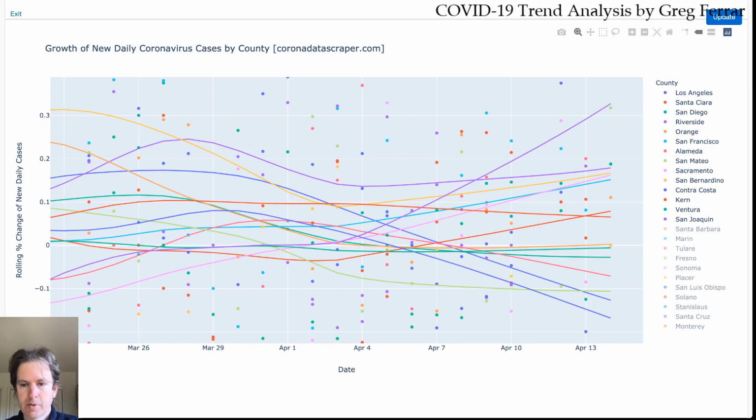San Joaquin, as we saw, and Santa Barbara, both sharply upwards. And so we just have a lot of counties that have problems right now. And so the stuff I've been talking about, 4% testing is good enough. That plus shelter in place fixed it for South Korea. It's not obviously working right now for